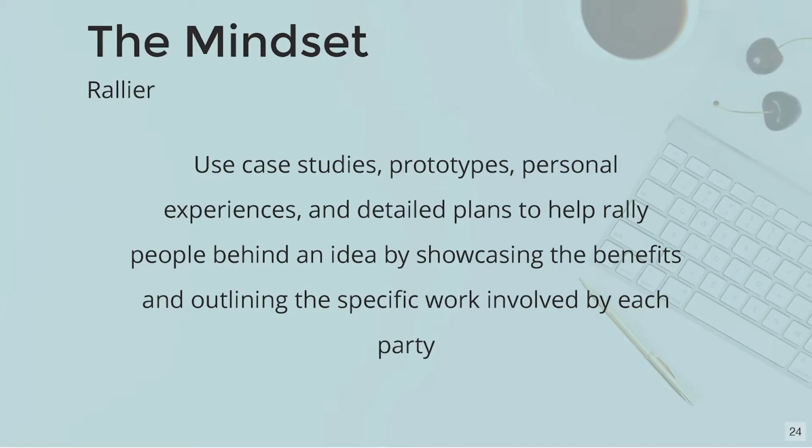We use case studies or prototypes or past research experiences and detailed plans to help people understand what the benefits of a particular project are and the specific work that might be involved by each party. In my role, I actually take this on by being the Scrum Master for our team. I work really hard every sprint planning to work with our designers and engineers to figure out what work needs to be done for a given project and how the design side might affect the timing of the engineering side